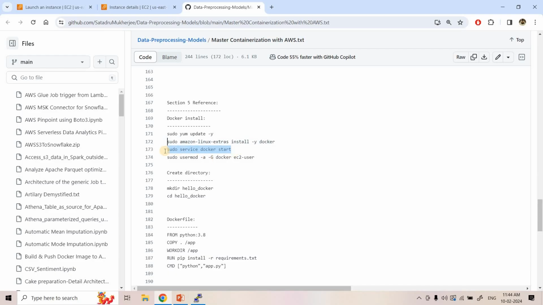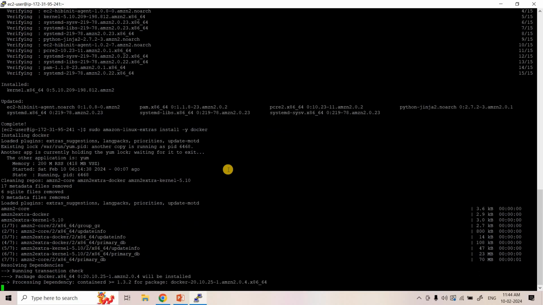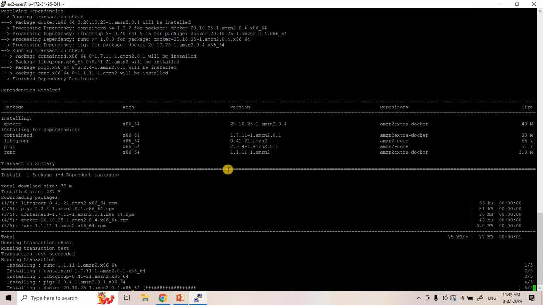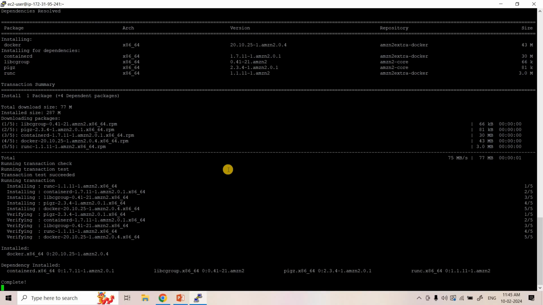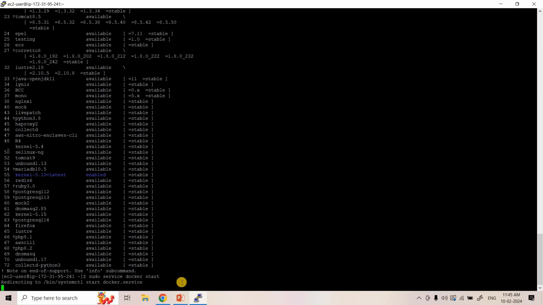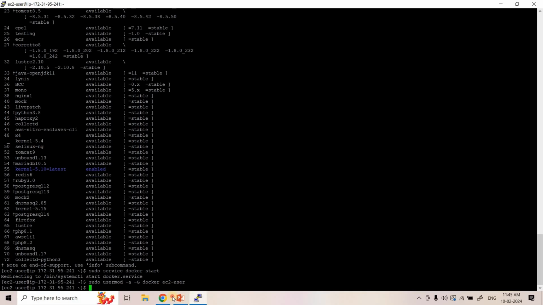Then as part of the next step, we will start our Docker service. So Docker installation is complete. Now we'll start it, and apart from that we need to give the proper access or permission. That also we will do. That is done.